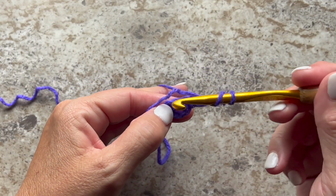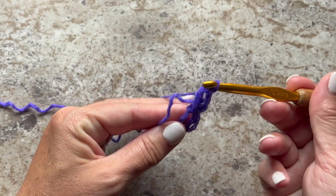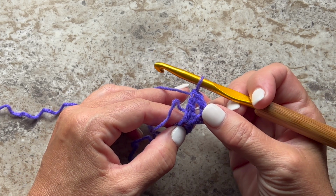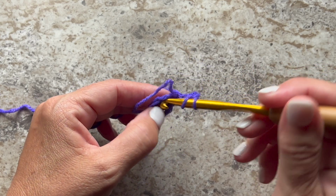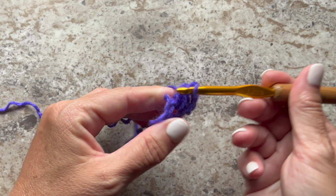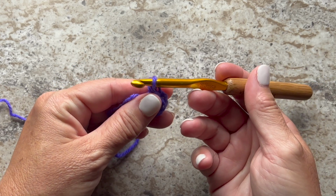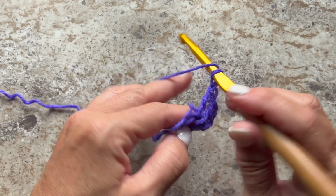ring. Double crochet is yarn over your hook, insert your hook in the ring, yarn over, pull up a loop, yarn over, pull through 2 loops on your hook, yarn over, pull through 2 loops on your hook. That's a double crochet. Let's do another double crochet in the ring. Chain 1, 3 more double crochets in the ring,